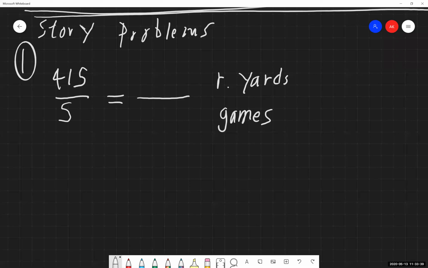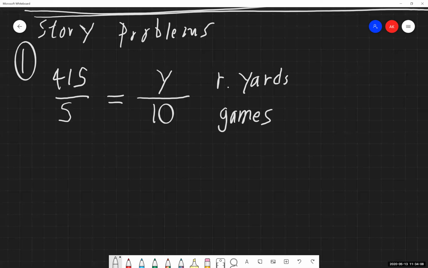Now we're being asked, how many rushing yards would he have after 10 games? So we know the number of games that we're going to try and be proportionate to. So we have 10. We do not know the rushing yards that he's going to have for that. That's what we're solving for. So we can fill that in with an unknown or a variable. So you can do X, you can do A, you can do M. I'm going to do Y for yards. But whatever you want to label that variable as, it's your choice.